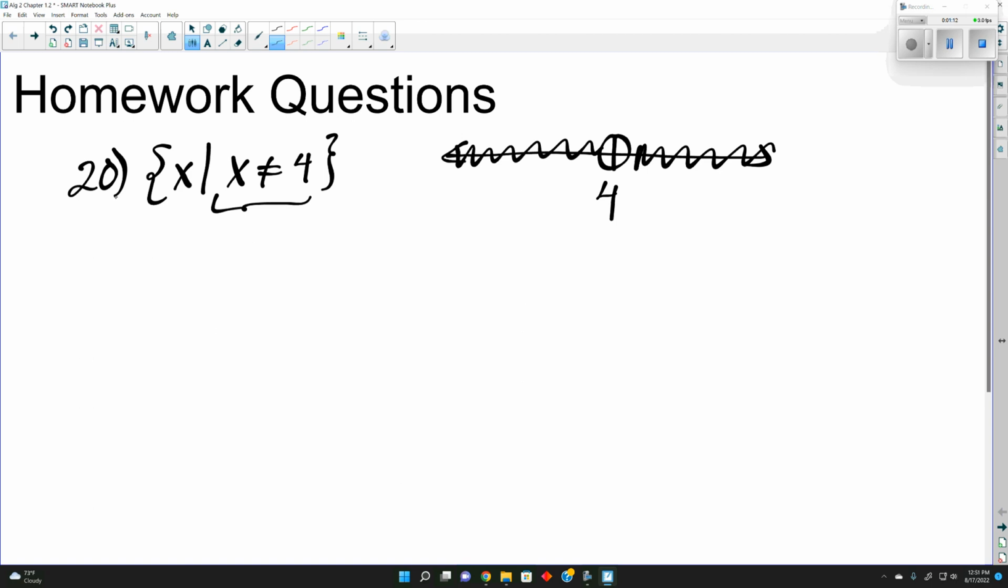23 and 24. 21, 23, and 26. So 21. So we're writing it in set builder notation. So we'd start off with this here. Brace x bar, the set of all real numbers x such that, well, what they told us is we have